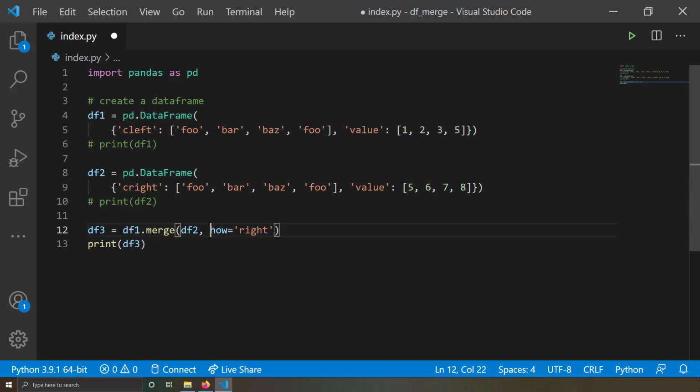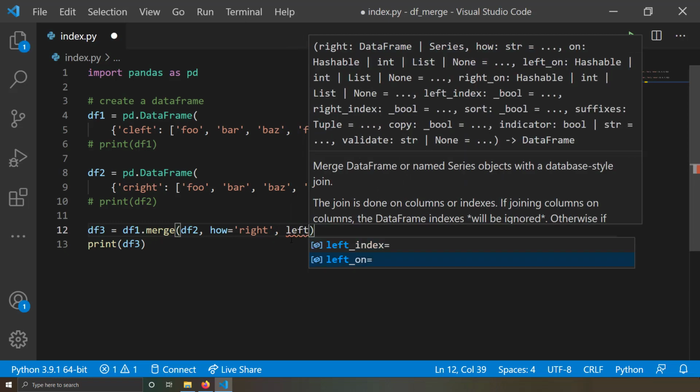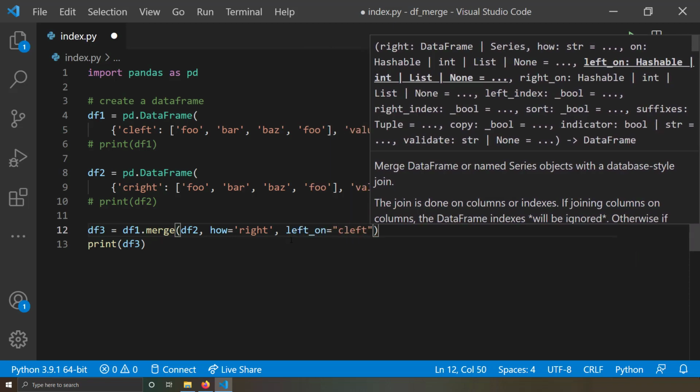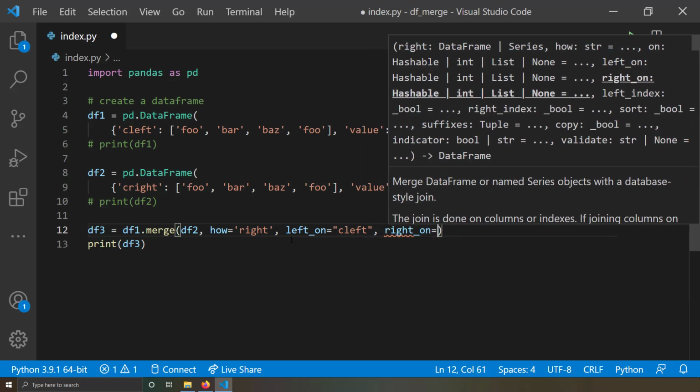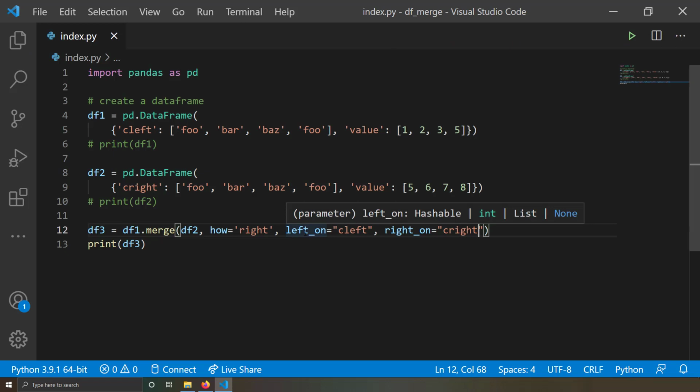You can even merge on different column names. Something like if you want to merge C left and C right columns, that means the column names are different, right? The column names which you want to merge on can be different in the left and right data frames. That can be done very simply, guys. You can write left on equal to C left and right on equal to C right. I want to merge both data frames, but while merging, I have to merge the column called C left with the column called C right.